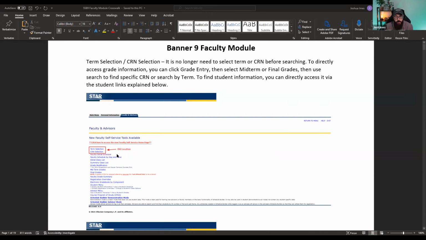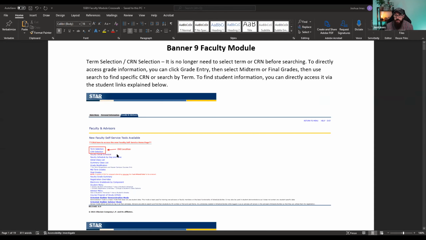And that's the approach I'm taking, because one thing to keep in mind is that largely all of the things that you would normally do on the faculty and advisor tab stay mainly the same. The Banner 9 pages are just updated, more user-friendly and nicer looking pages, but they all function largely the same. Some nice improvements to note, especially for faculty grade entry, is that, as I'm sure many of